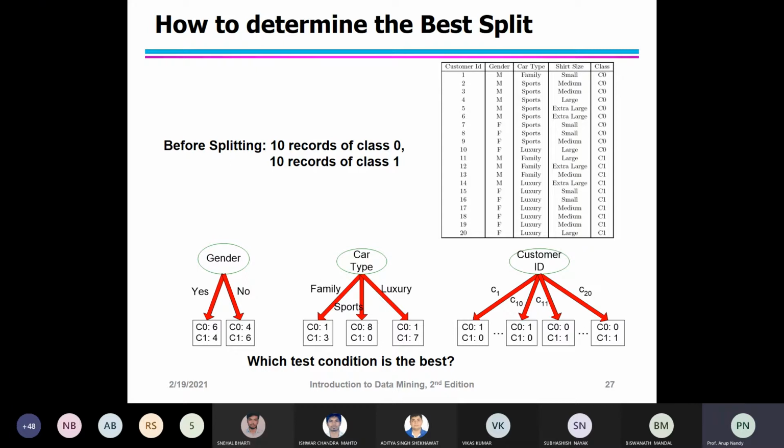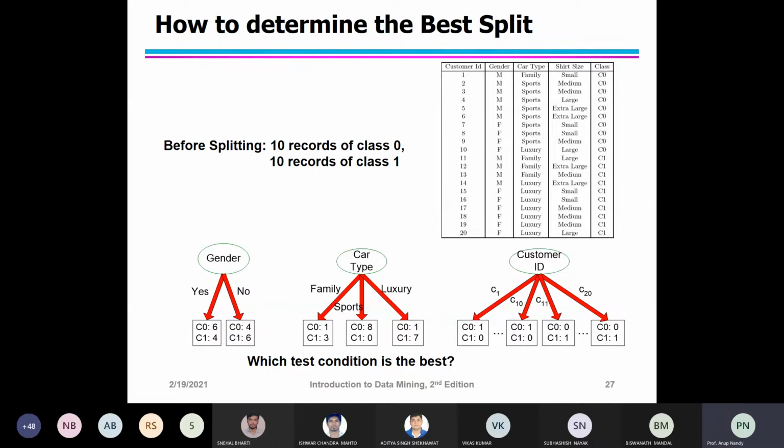Now, if we split the data using the gender attribute, then the class distribution of the child nodes is as follows. These are the child nodes, yes and no. The class distribution of the child nodes is 0.6 and 0.4 for one, and 0.4 and 0.6 for the other.